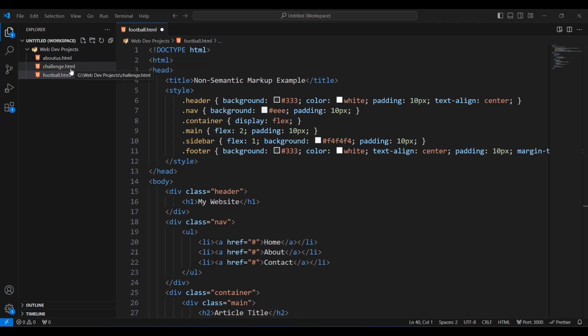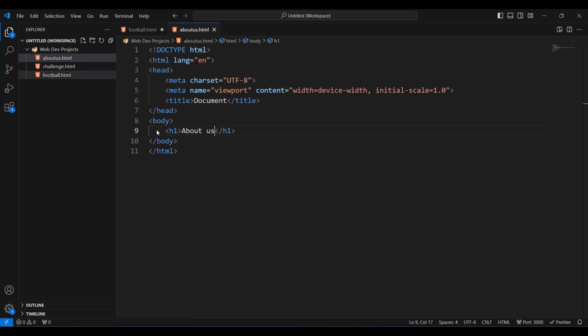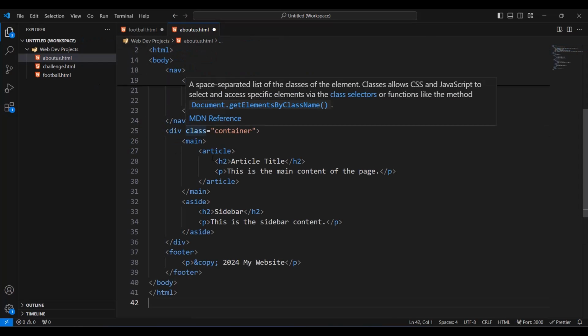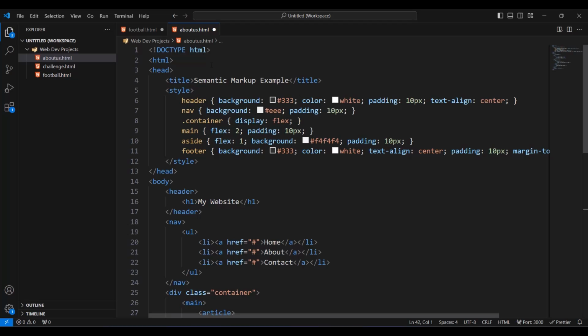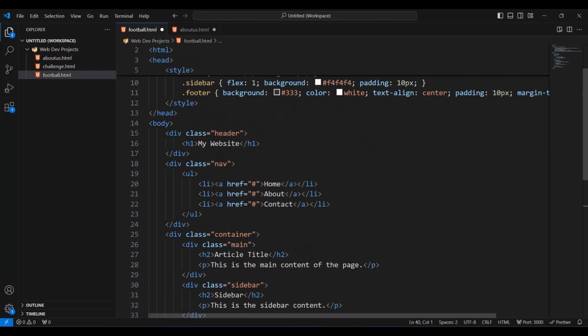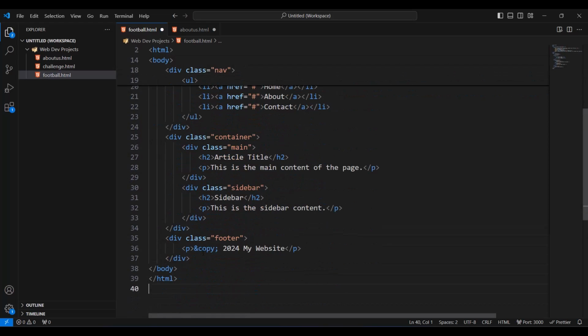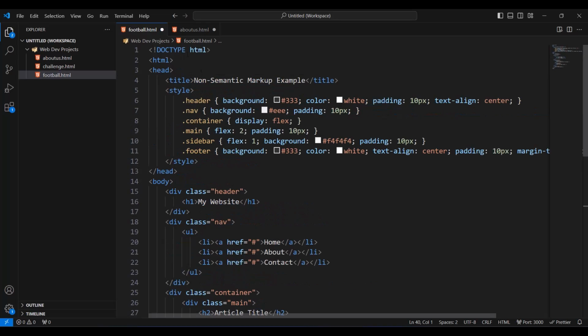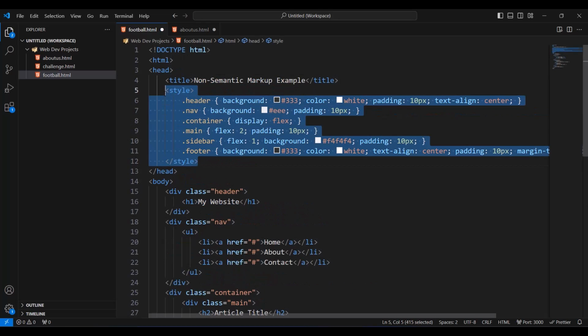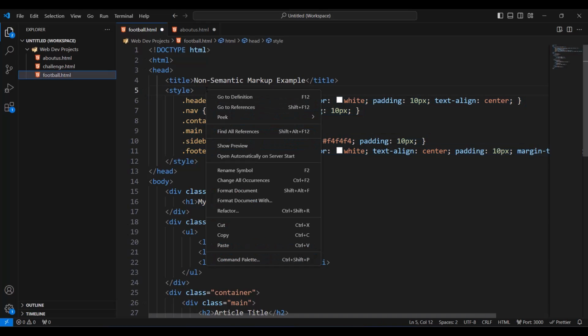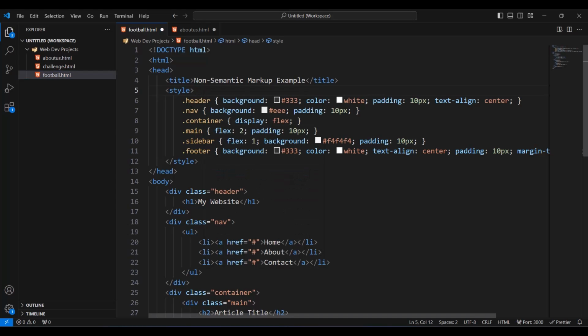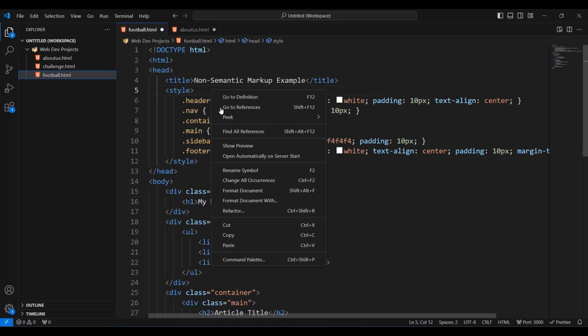But next I'm going to show you another. Let's go inside the about us. I'm going to delete this code and I will paste this code here. So now we have side by side. We have first the non-semantic code using only generic divs, and this you saw on the Amazon page. And if you wonder what is this because we didn't cover all of this, don't worry about this for now. This is just for me to show you the little site that I created. We're going to cover all of that. What is the style? What are those .header, .nav? We're going to cover all of those when we start a discussion about CSS.